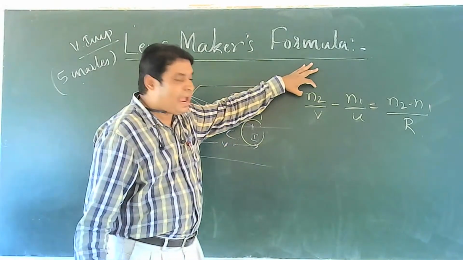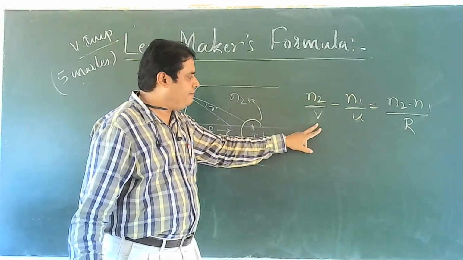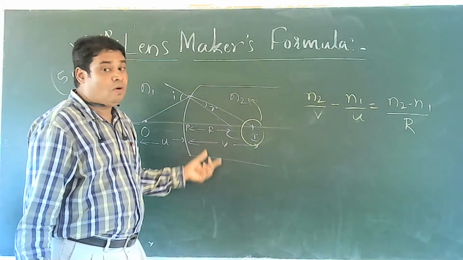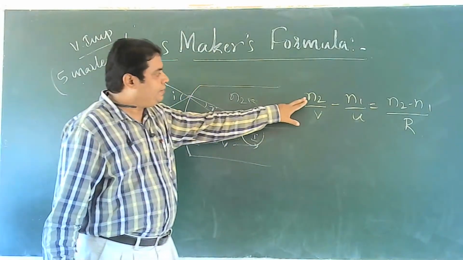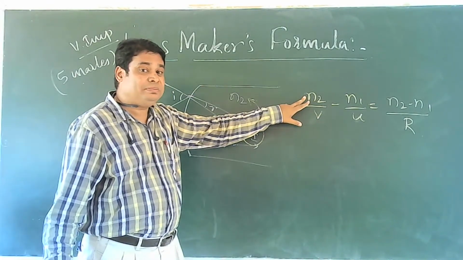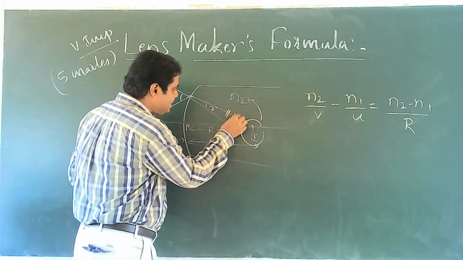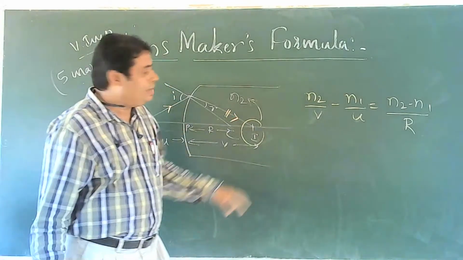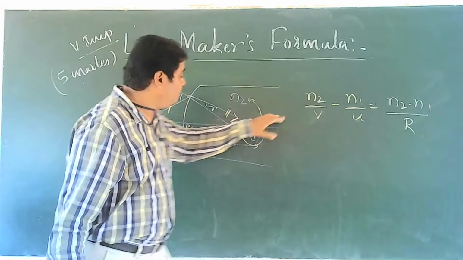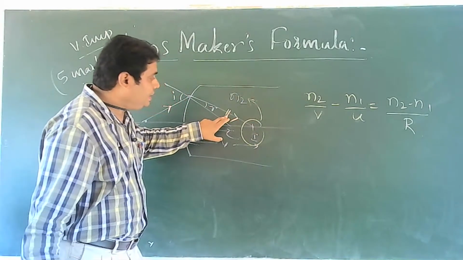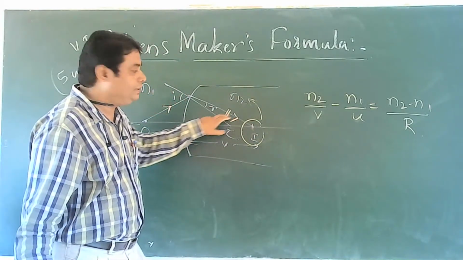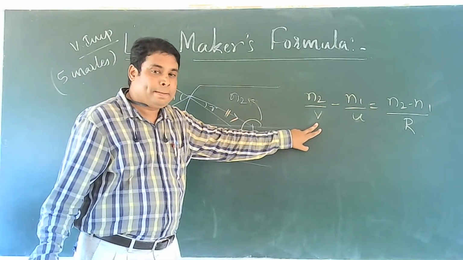Let me repeat. Refractive index of image space divided by image distance, or the refractive index of the space where the refracted ray is present, divided